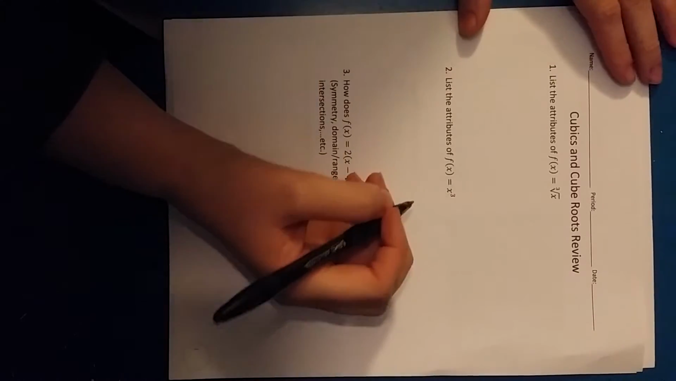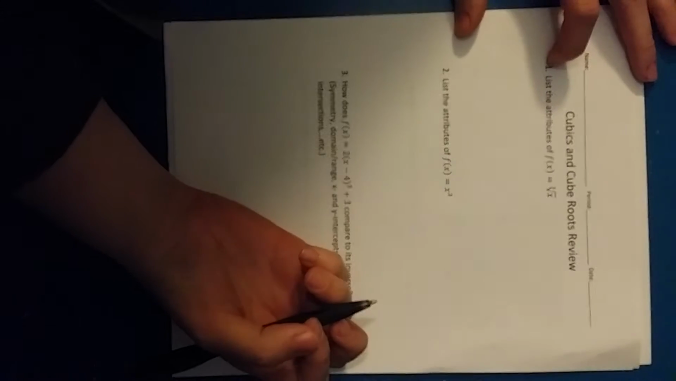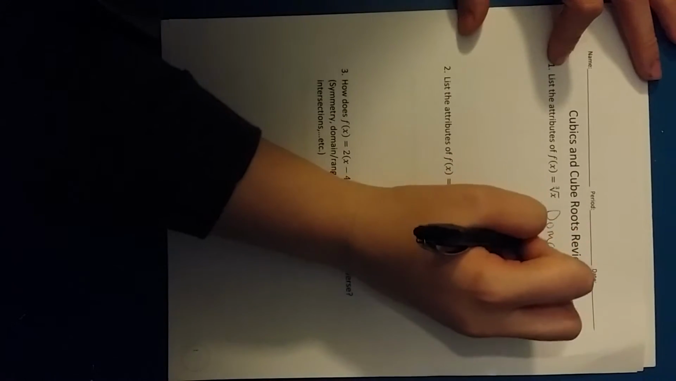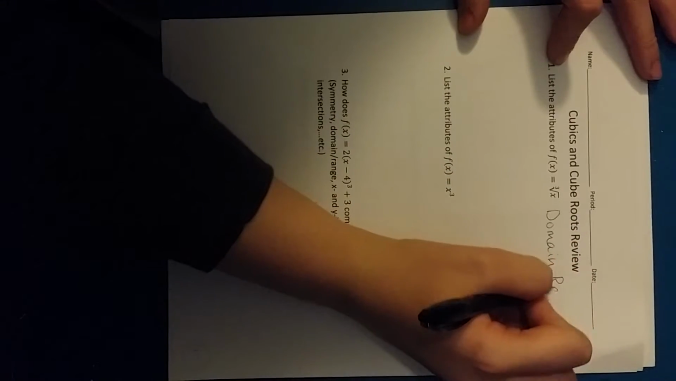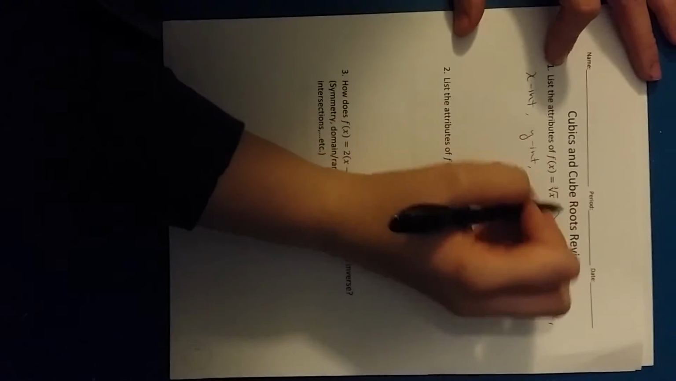Okay, so this is part 1 of the review. For number 1, I'm asking for the attributes of the cube root of x. It's the parent function for cube roots. So I need the domain, range, x-intercepts, y-intercepts, rotational symmetry,